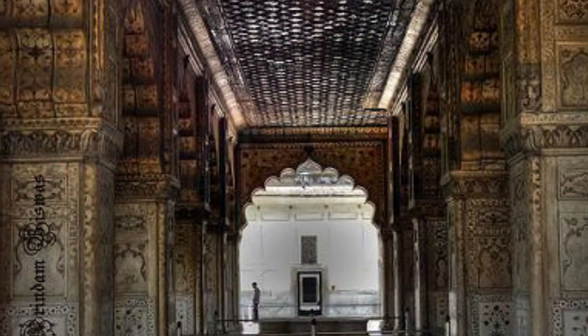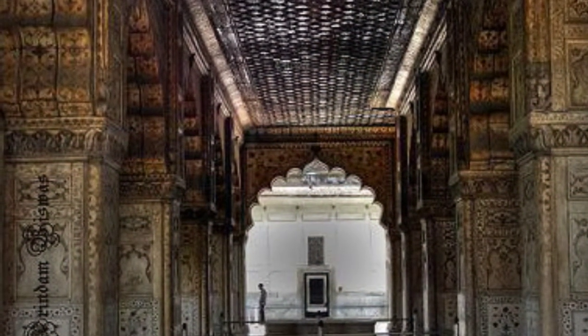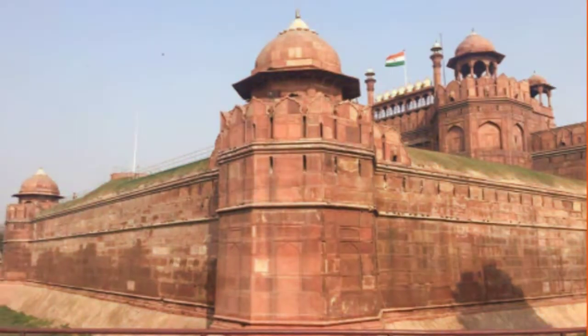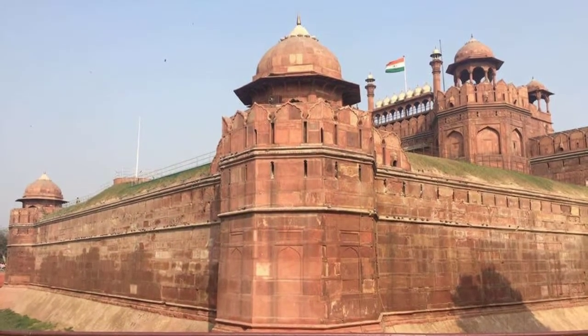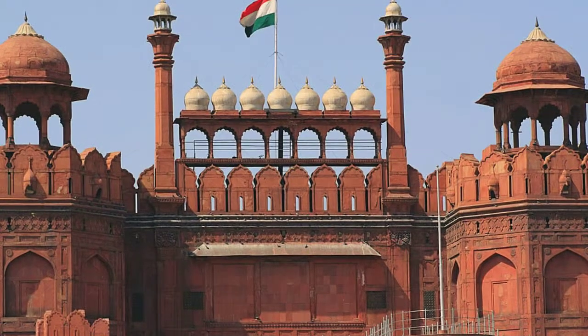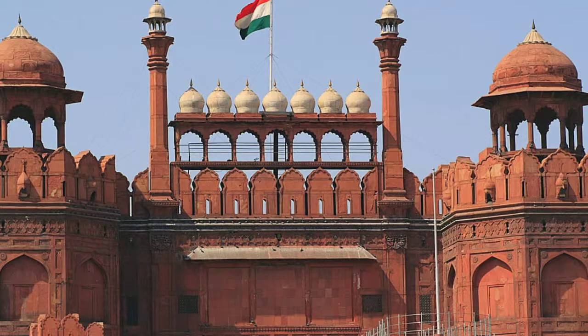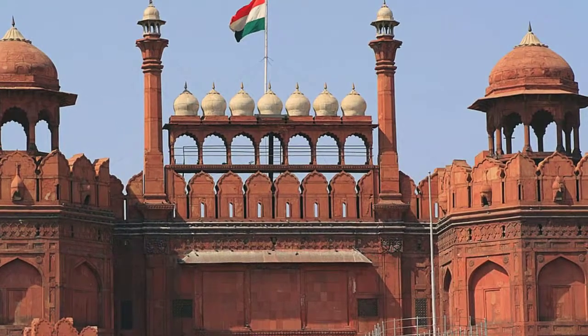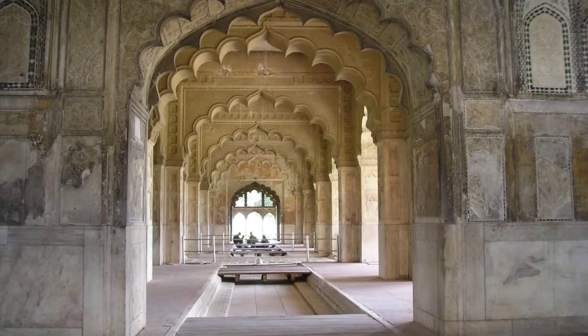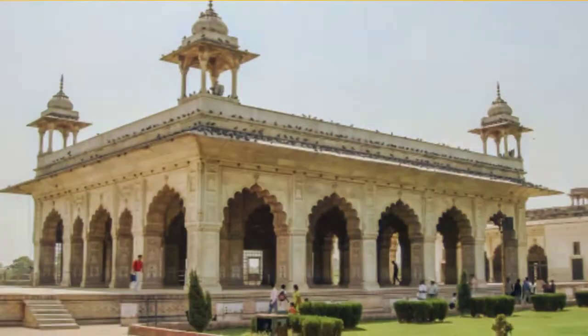Braj, Rohilkhand and elsewhere. The fort was plundered of its artwork and jewels during Nadir Shah's invasion of the Mughal Empire in 1747. Most of the fort's precious marble structures were subsequently destroyed by the British following the revolt of 1857. The fort's defensive walls were largely spared, and the fortress was subsequently used as a garrison. The Red Fort was also the site where the British put the last Mughal emperor on trial before exiling him